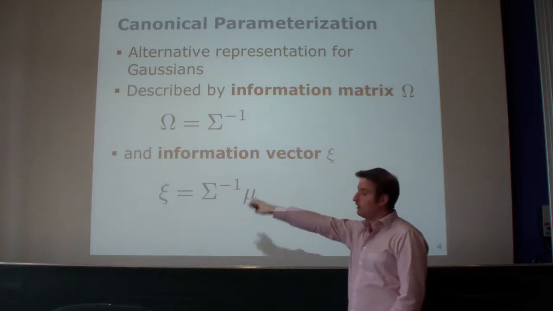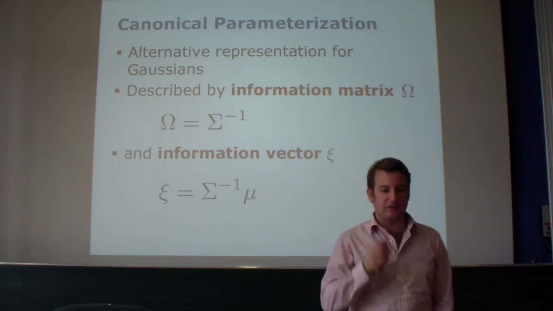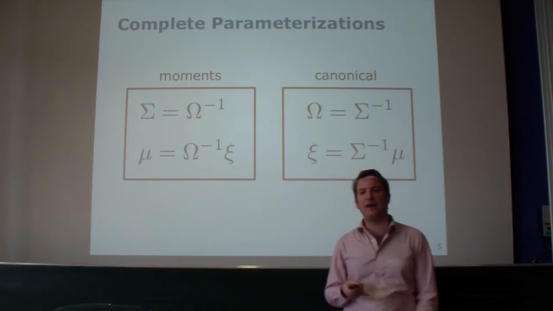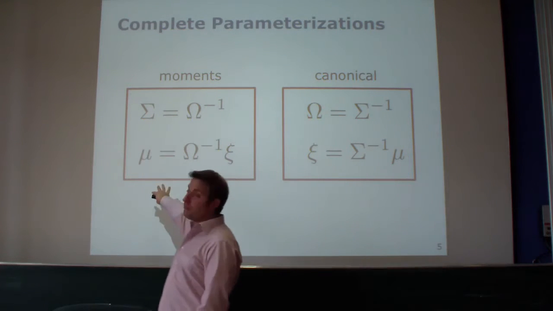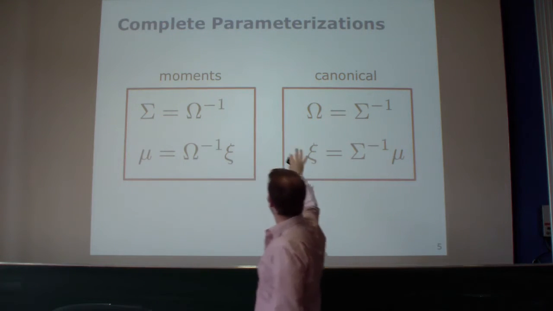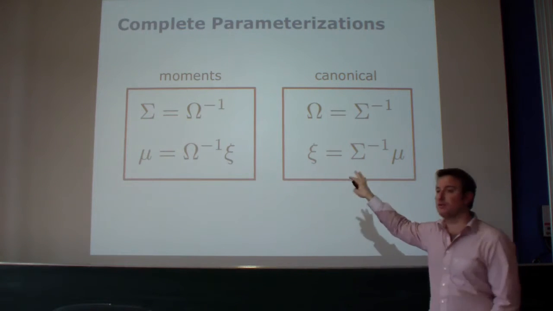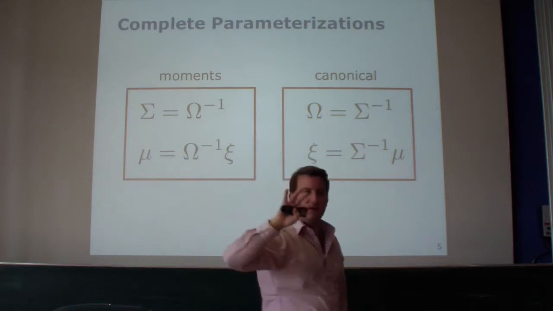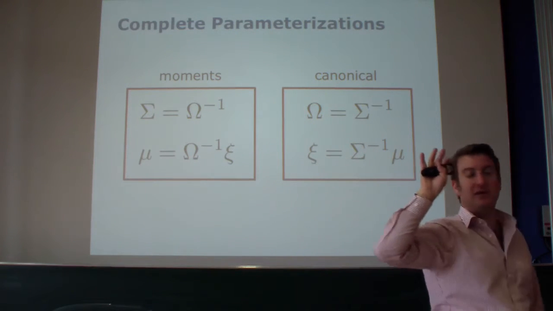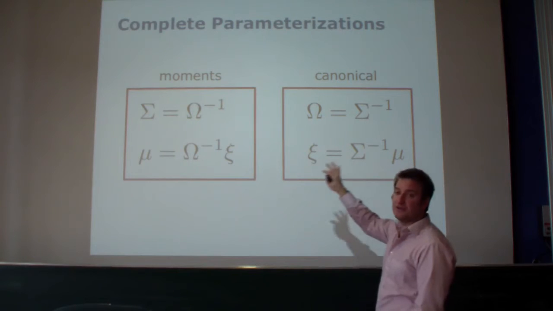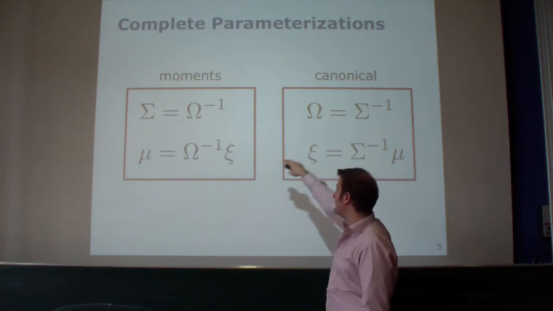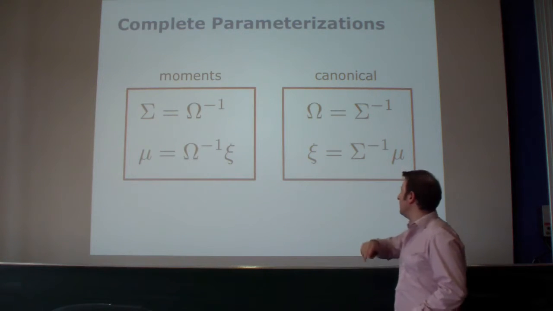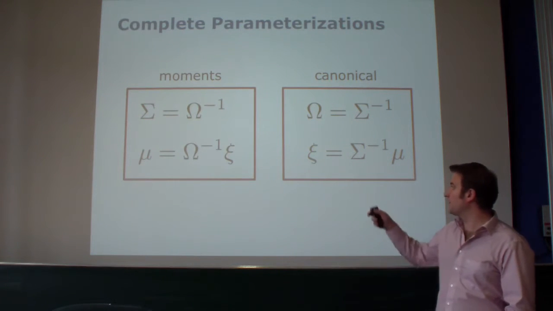Again, it's just a different representation. Both representations are complete, so they describe the Gaussian distribution in the same way. You can either use the moment form, which is here, or the canonical form, which is here. As long as you can invert the information matrix and the covariance matrix, you can switch between these two representations just by inverting the information matrix or the covariance matrix,